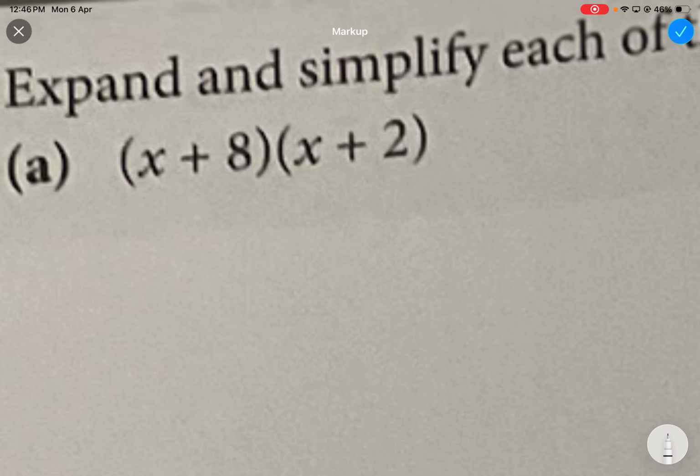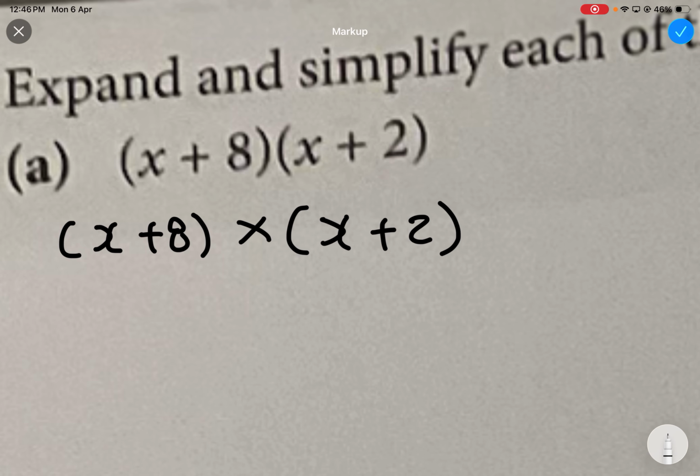So what this is telling us is that I have a bracket, and this bracket is multiplying another bracket. So when we see this, we must think this: although the sign is not there, you must know this is bracket times bracket. If you don't know this, you will not be able to understand what we are doing already. So because this is a multiplication,